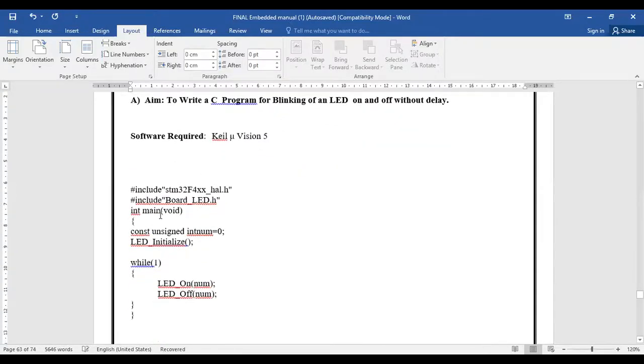So the header file is the library function include board_led.h, which is concerned with the LEDs present on the board. If you want to connect LEDs externally, then we have to write a separate code for it, and there won't be any header file like board_led.h.